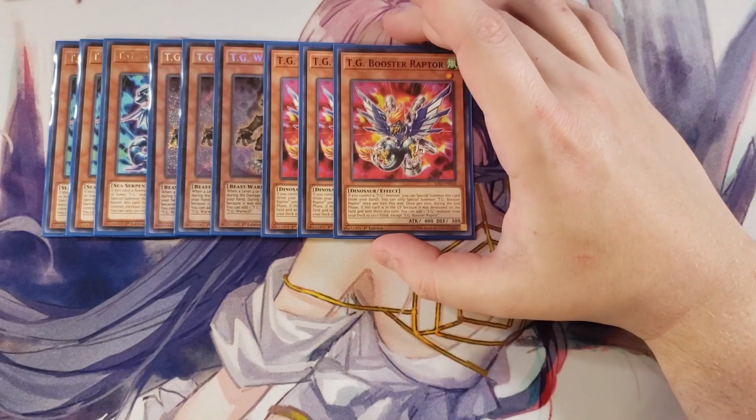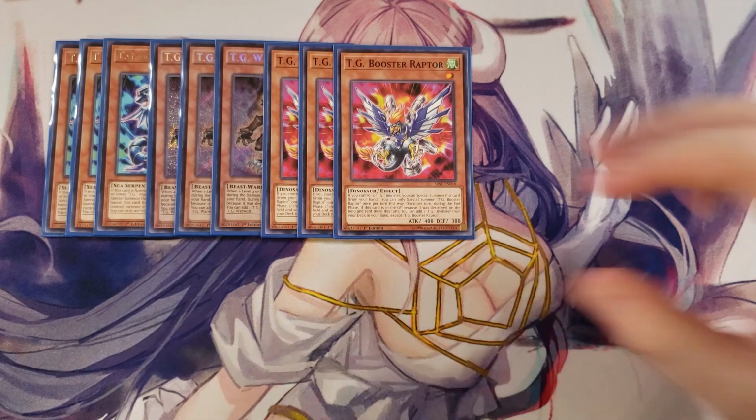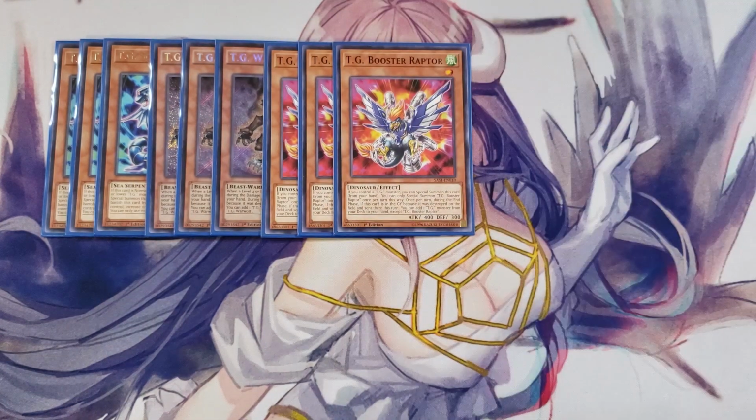We then play 3 copies of TG Booster Raptor. Booster Raptor is pretty good too because what this card does is, if you control a TG monster, you can instantly Special Summon this card from your hand, but you can only Special Summon this card once per turn this way. And then once per turn, during the End Phase, if this card is in the graveyard because it was destroyed on the field and sent to the graveyard this turn, you get to add a TG card from your deck to your hand,